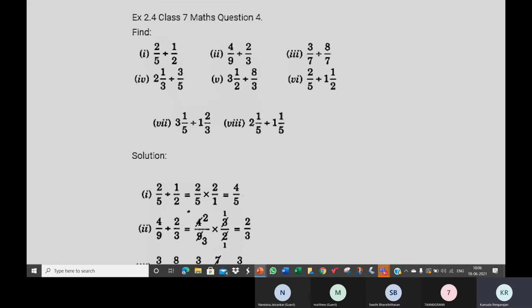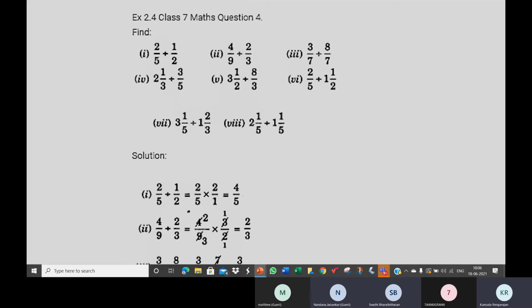How to multiply? What's the first step? How do we multiply, children? Supposing we have three different fractions given to us. Say they're not mixed fractions. Even if they are mixed, you have already converted them to improper fractions. Now say you have three fractions. Are you all getting me? If something was mixed, then you have already written it as an improper fraction. Now, what is the first step? What will you do first?